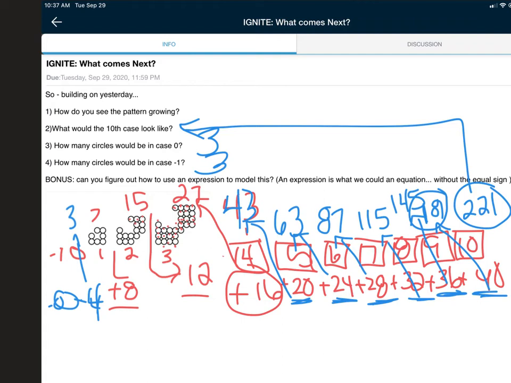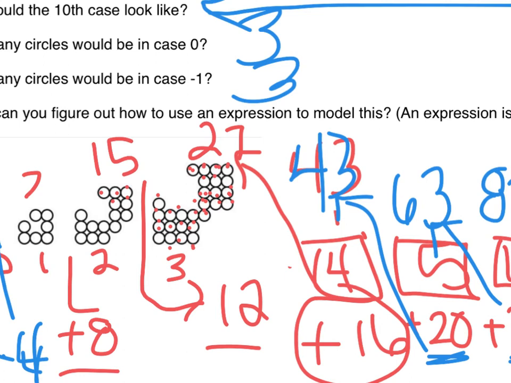And then I see the pattern growing. This one's a little difficult. I would say I see the pattern growing by, I'm going to see if I can make that bigger. So as you can maybe see, what they did was they took this 3 and this 3, right, and they rotated it. And then they added a whole another layer, right? And then they rotated it. So if I added a whole other layer,